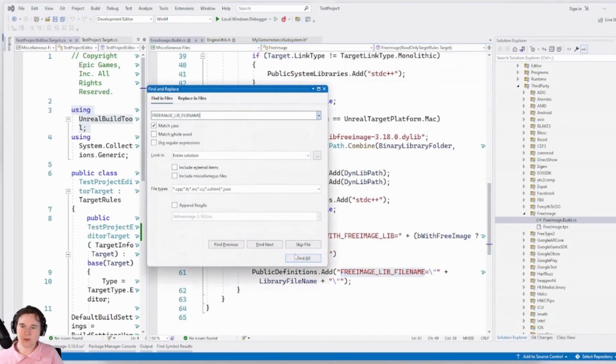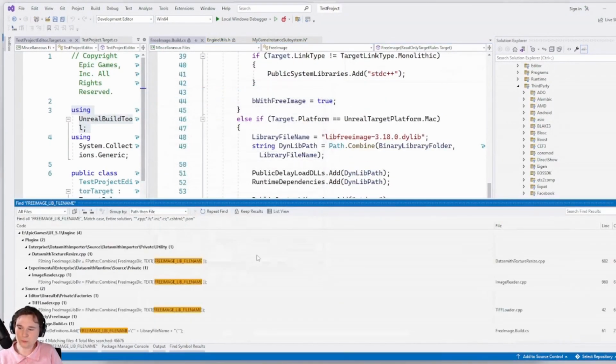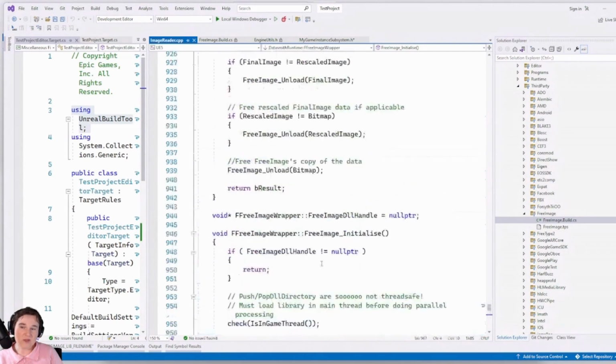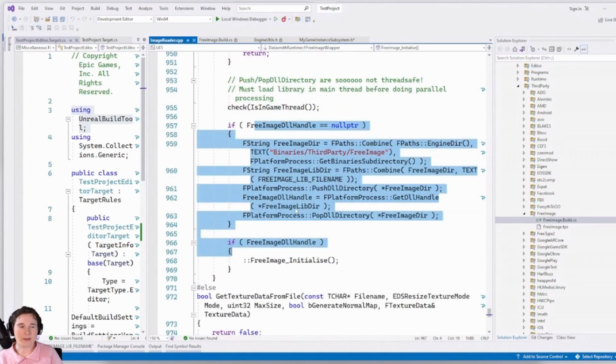Yeah, I reckon it's going to be in this define here. Free image libdir. Now this might get a... oh well, no, we've kind of got here. So, you can sort of see. Okay, this code here wants to use FreeImage, and typically you would encapsulate this into another module that